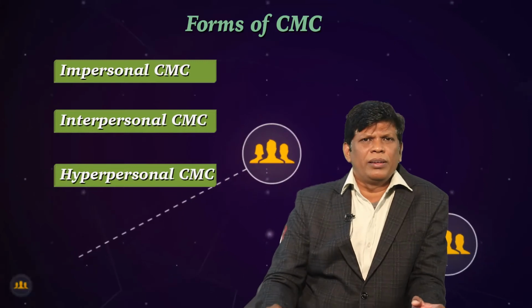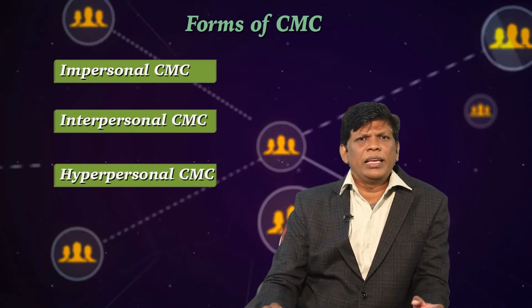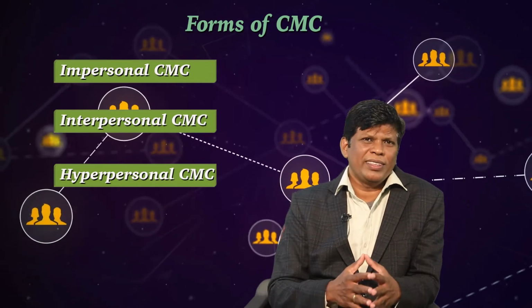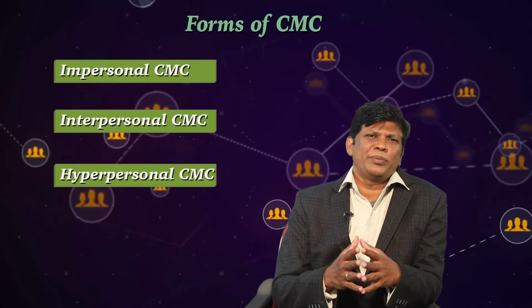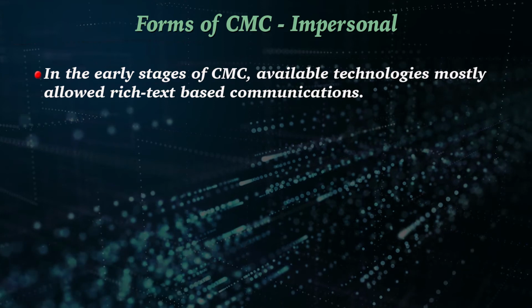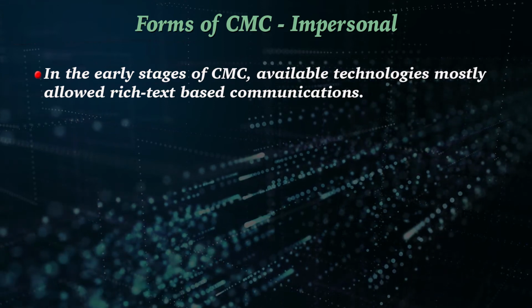Another set of types is impersonal, interpersonal, hyperpersonal. These are another three types of computer-mediated communication, and this is not really types, it is based on communication settings and what sort of information is being exchanged over a period of time, but all three do not exist in a concurrent way. For example, impersonal communication is basically the earliest form of